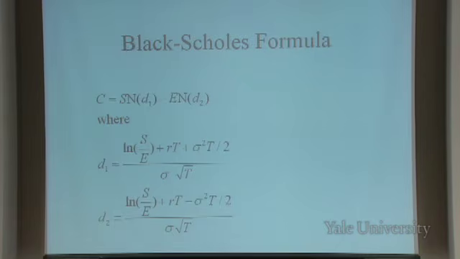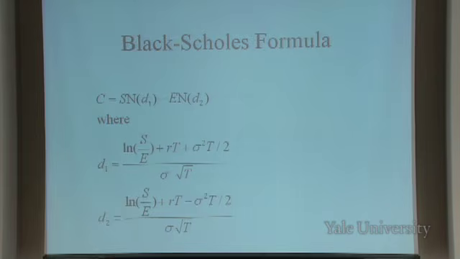As sigma squared increases, the option gets more and more valuable. If it's out of the money, it's getting more and more chance to come into the money. And so that's in the formula. So the key variable in the Black-Scholes formula is the variance of the underlying stock price. And that's the kicker.